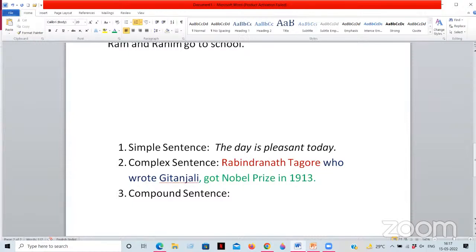I just want to ask you a quick question here. Rabindranath Tagore, who wrote Gitanjali and received Nobel Prize in 1913. Can we have the sentence like this here? Yes, obviously, it could have. That could also be a correct one. Instead of saying got over here, you can write received. Yes, you can write both this sentence. So that is also applicable.